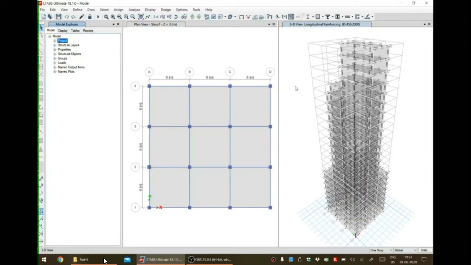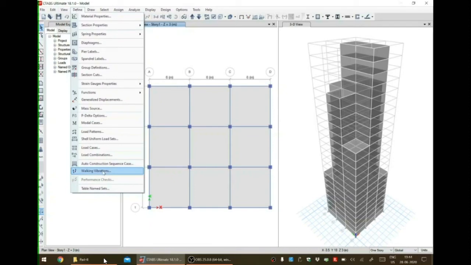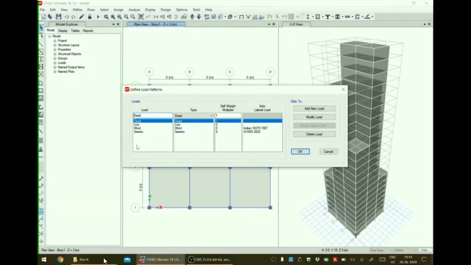for a tall building. Now it is time that we run the analysis and design on the model for seismic load by time history function method. For that, over this unlocked model, first under the define menu we have to check that the load case for seismic load is already defined. So it is there, seismic load.